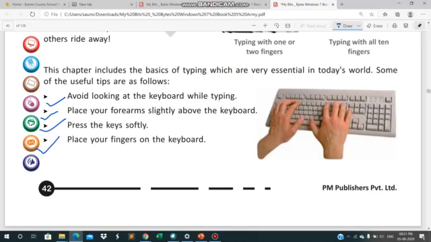These are the key points we have to keep in mind while typing. Okay, so we have completed this chapter, and now it is time to start the book exercise. So let us do the book exercise.